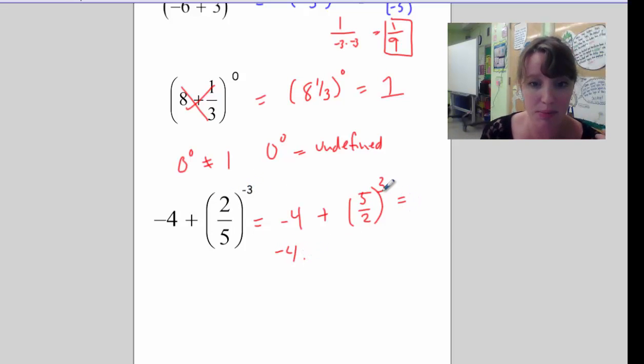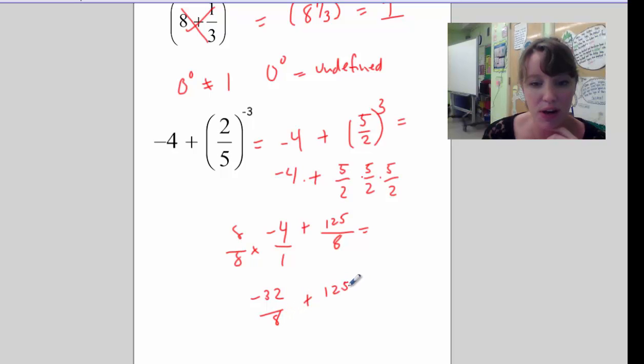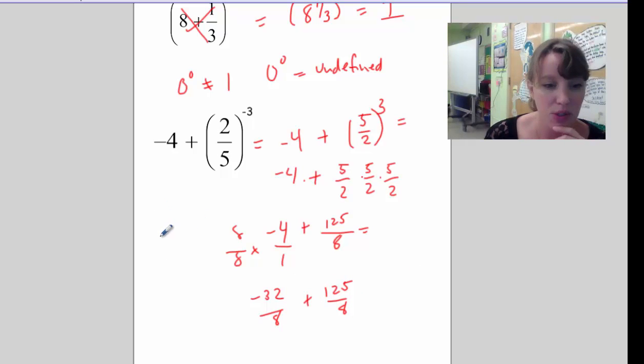Okay, well, negative 4 times 5 over 2 to the 3rd just gets you 5 over 2 times 5 over 2 times 5 over 2. So this is negative 4 plus 5 times 5 times 5 is 125 over 2 times 2 times 2 is 8. Well, let's make negative 4 into something over 8. So multiply this by 8 over 8. So this was going to be negative 32 over 8 plus 125 over 8. So 125 minus 32,